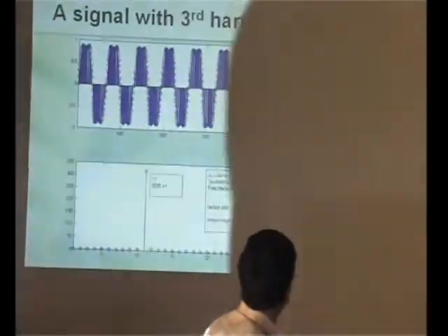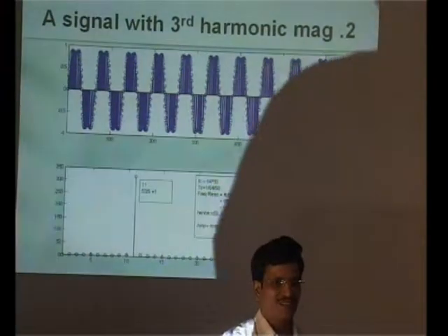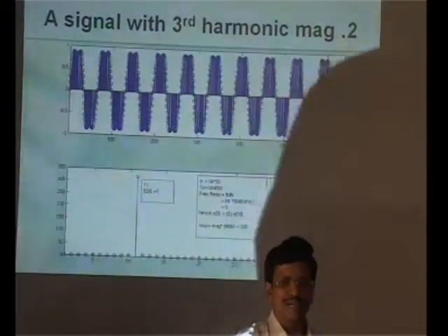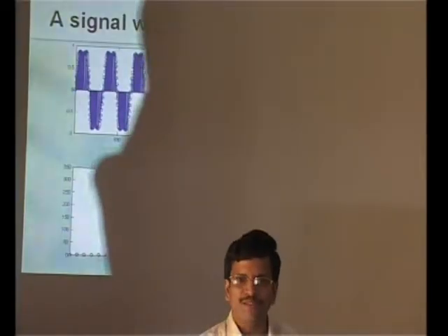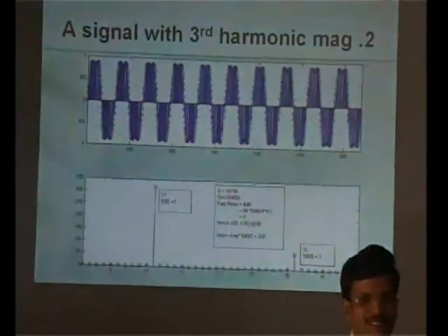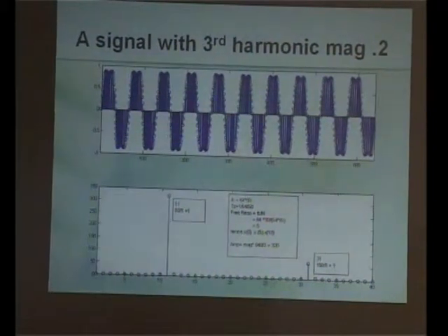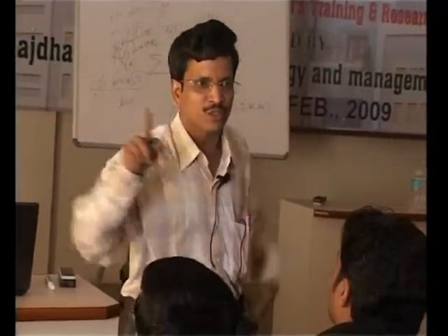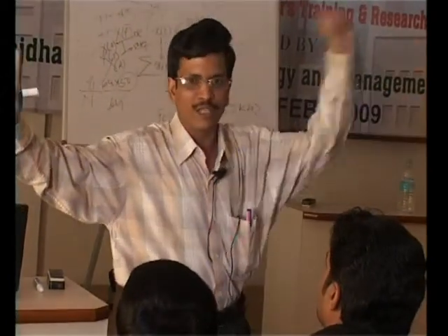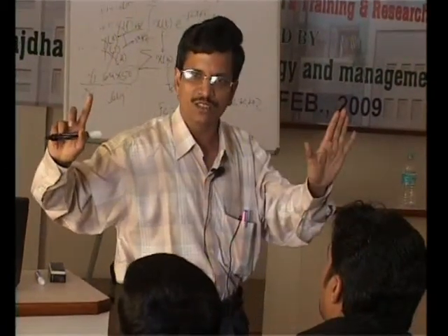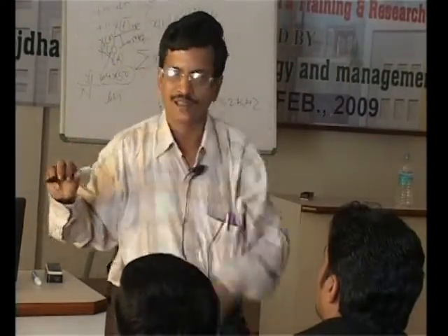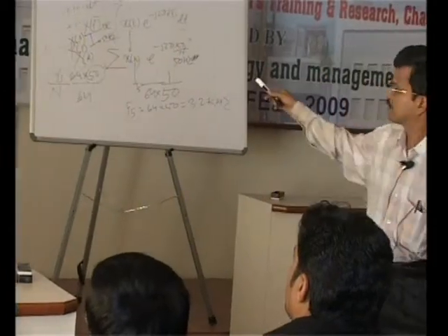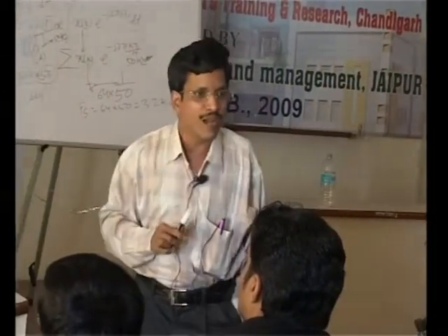So without looking into this, now you can tell where you should get your fundamental. The fundamental is at 11. Where will you get the third harmonic? Here you have another frequency, 150. What is your frequency resolution if I am taking 640 points? 64 into 50 by 640, that is 5 hertz. So 150 divided by 5 is 30, plus 1. Where is it coming? 31.